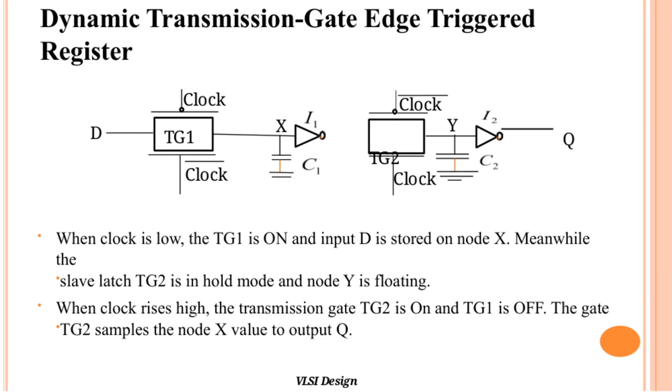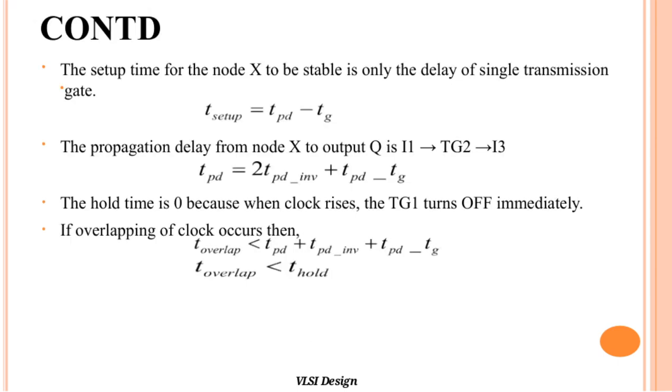essential for VLSI design. Continuing with the setup time, it's important to note that for node X to become stable, the delay involved is just the delay of a single transmission gate. This means the setup time is relatively short and efficient. The signal then propagates from node X to the output Q through the path I1 to transmission gate TG2, and then to node I3. Regarding hold time, it is 0 in this case because as soon as the clock rises,